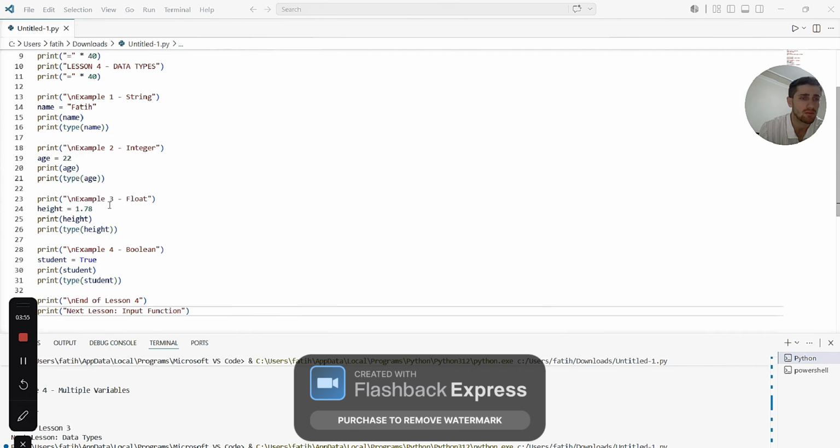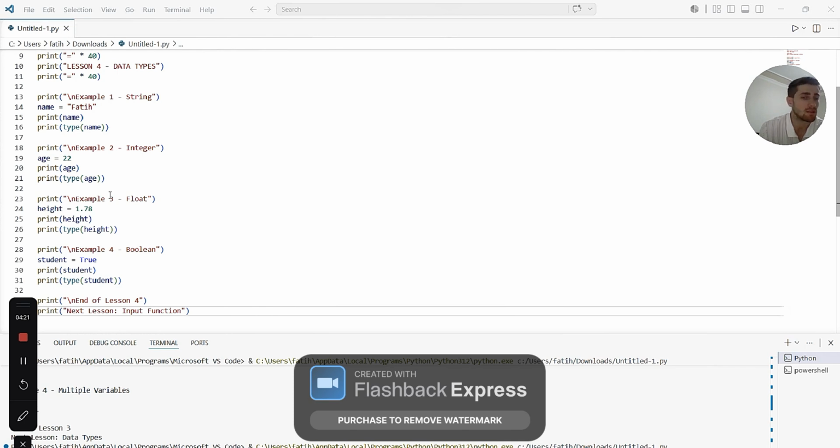Then age equals 22 creates an integer variable. Print age prints the number. Print type age shows the data type, and the output is class int.